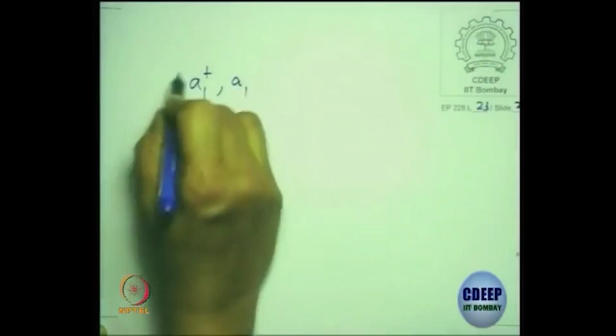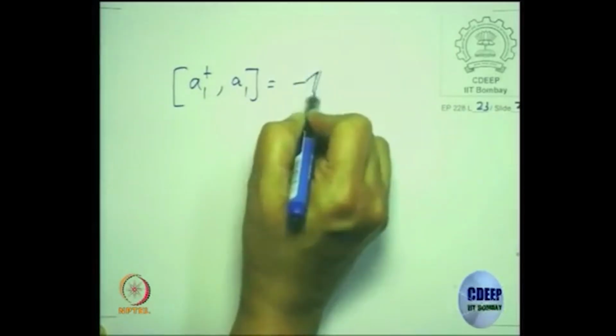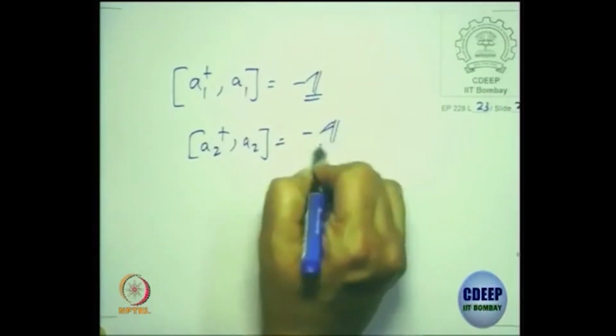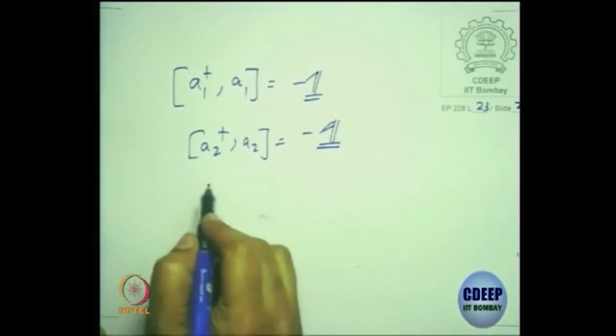Like if you had two harmonic oscillators, one having frequency omega 1, another having frequency omega 2, and I say that these two harmonic oscillators are non-interacting. You can write ladder operators A1 and A1 dagger for the first harmonic oscillator. You can also write B1 and B1 dagger for the second. But if I say they are non-interacting, what does it mean? The commutator of A1 with A1 dagger is 1, and of A2 with A2 dagger is 1. But if I say that these two harmonic oscillators are non-interacting,